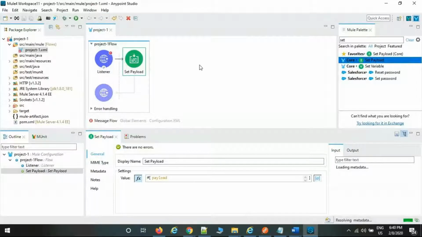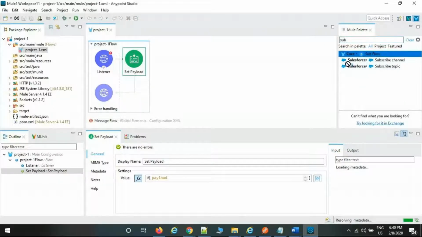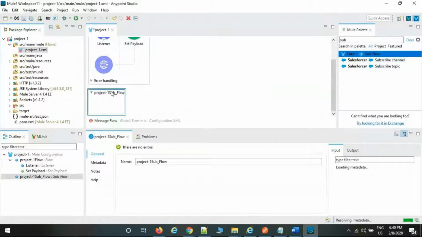And there is a palette called subflow. In the subflow, you can see only a plain text box is available. There is no source here, only process is available. Only process means only business logic. Process is for writing your business logic. There is no capability to communicate with the source system to collect the data.